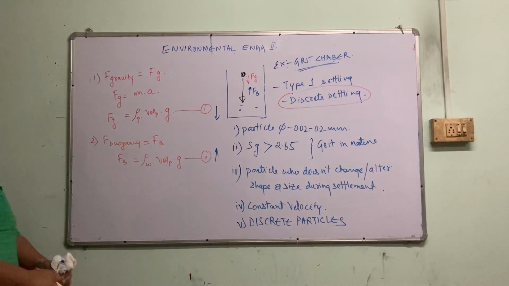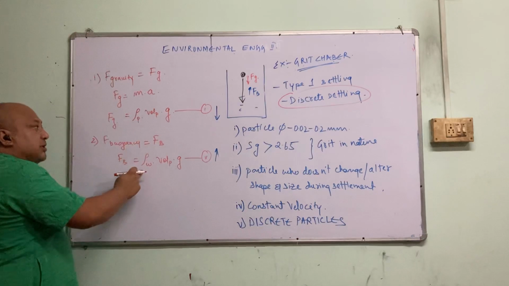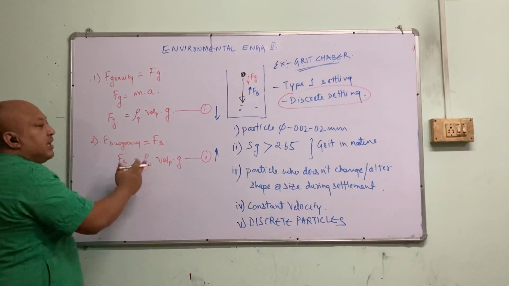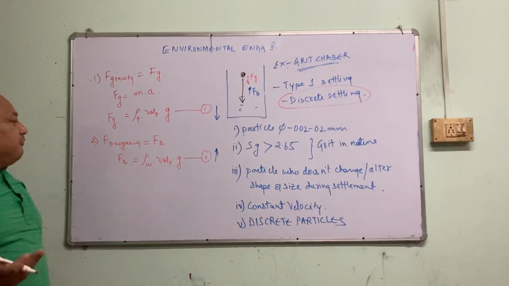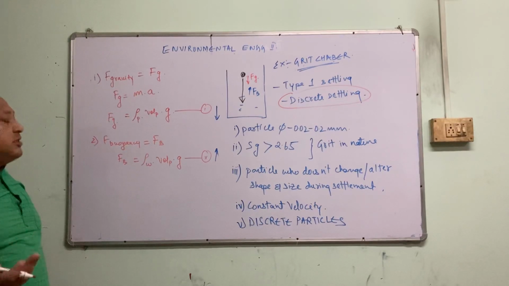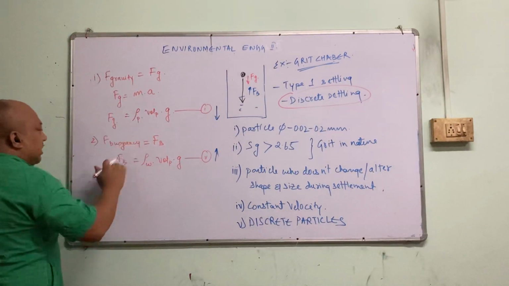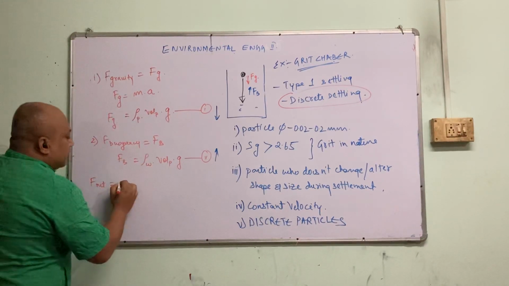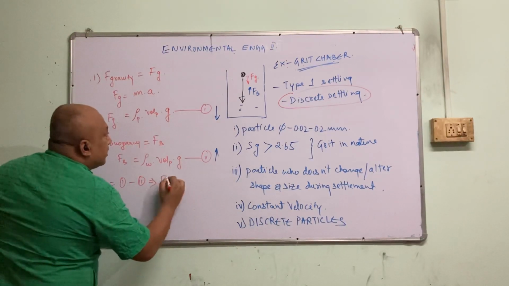What happens is, if the density of the particle is more than the density of the water, the particle will settle down. If the density of the particle is lighter than the water, then it will float. An example is ice. Ice density is lighter than the density of the water, so definitely the specific gravity is less than 1 for ice. That's why it floats. So these two forces partly nullify each other, and F net is equal to 1 minus 2, which implies